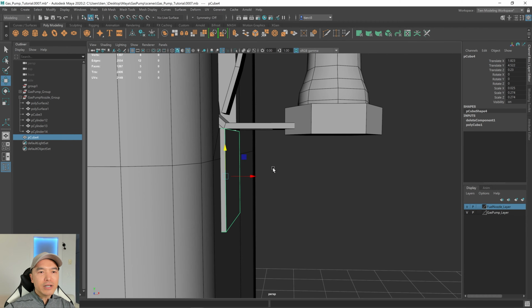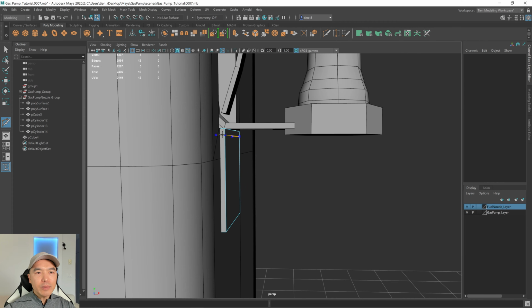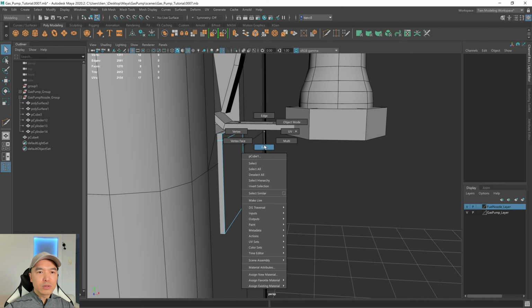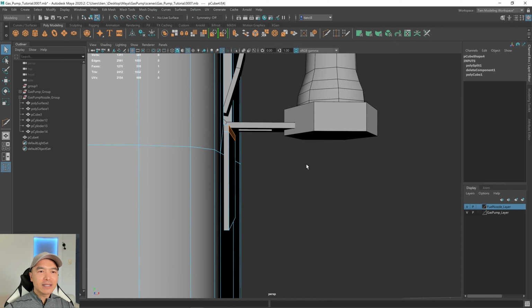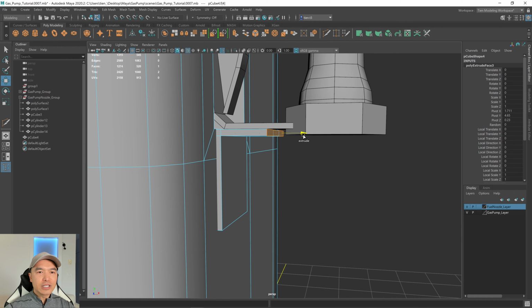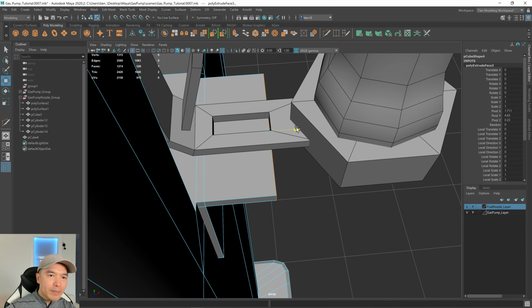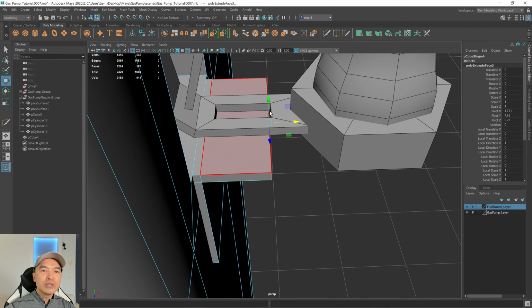And then what I want to do is hold down Shift, right mouse button, choose multicut, and I want to put a loop right about here. Let's go into face mode, press Q to go to your select tool, go into face mode. What I'm going to do is select this face, hold down, first go to your move tool, hold down Shift, and do a smart extrude out. And what I want to do here is extrude out, but not past this edge. I want to leave a bit of space there because I want to use this edge to extrude up as